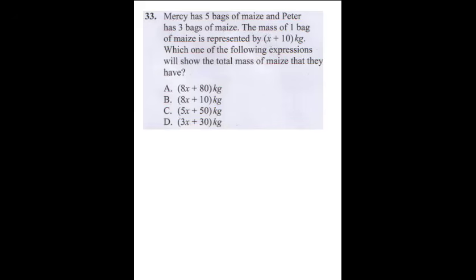Question 33 says Messi has 5 bags of maize and Peter has 3 bags of maize. The mass of 1 bag of maize is represented by X plus 10 grams. Which one of the following expressions will show the total mass of maize that they have? Now, one thing you need to know is the bag of maize is represented, 1 bag, it's X plus 10. So if Messi has 5 bags,